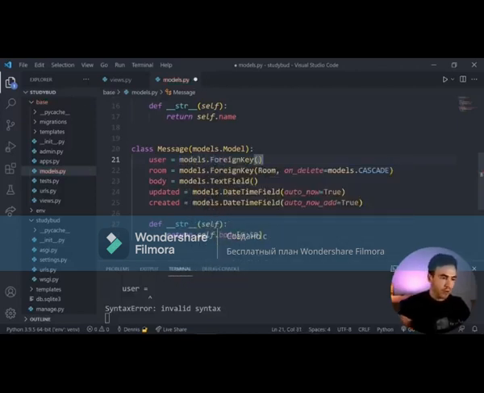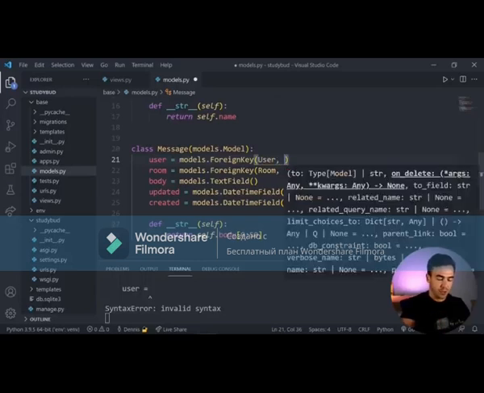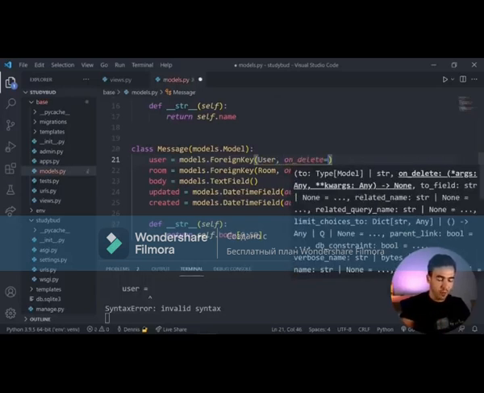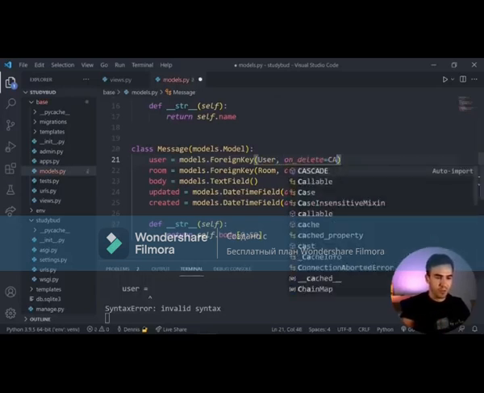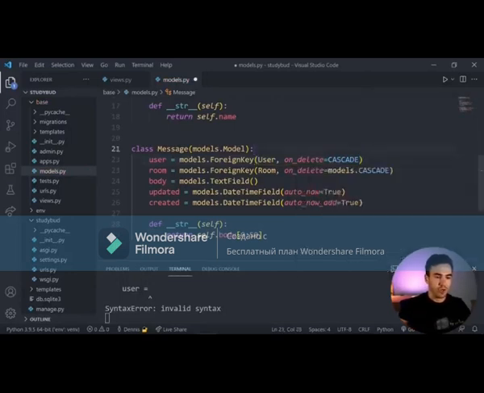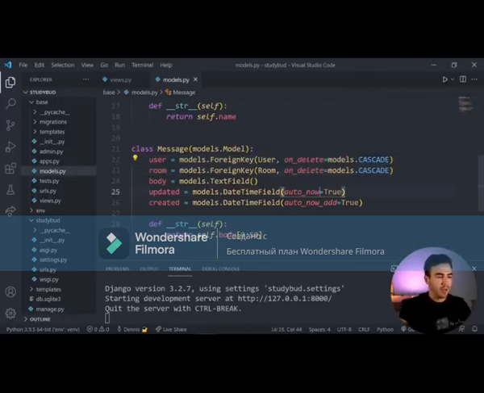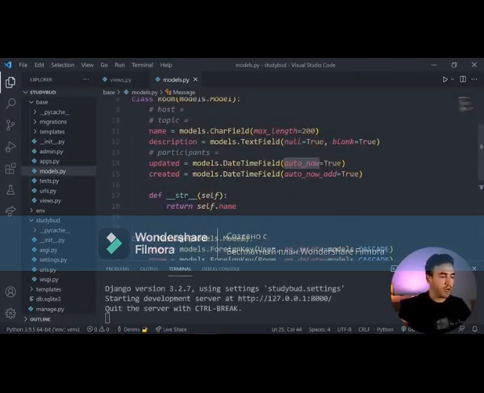So we're just going to do models.ForeignKey. We already know how to set this. We're going to paste in the user, and on delete, when a user is deleted, we just want to delete all the children here. So we're going to do models.CASCADE. Okay, so we have a room relationship and a user, and now we want to go up to room,